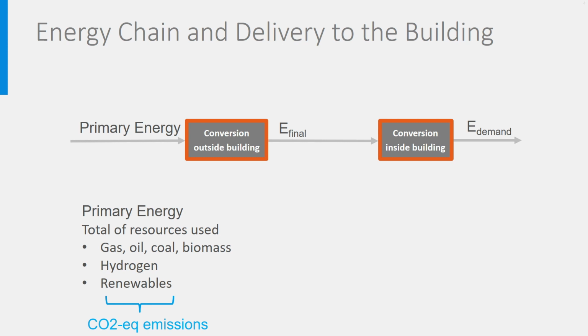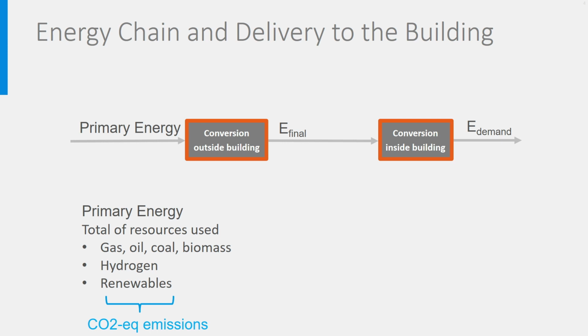The energy chain is extremely useful and we will use it a lot to design efficient and sustainable energy and indoor climate systems for buildings. You will learn in this course how to estimate the primary energy needed to meet a certain demand for heat, cold and electricity by using the efficiency of the conversion system and the energy content of the resource used. That will also help you with calculating the CO2 emissions.